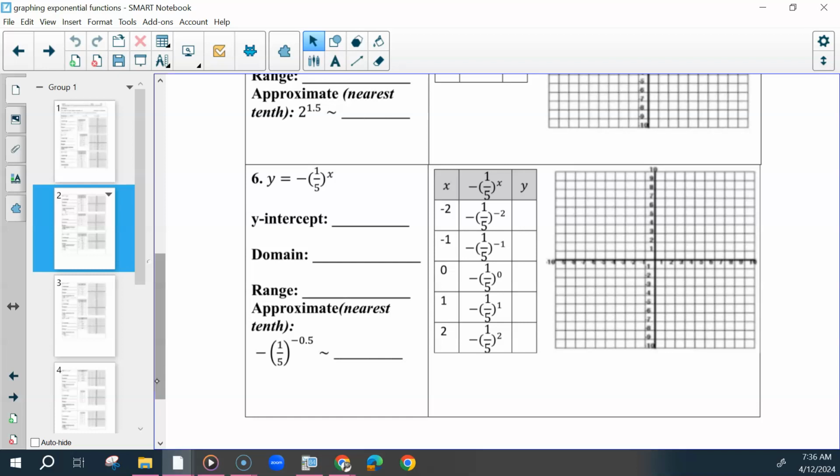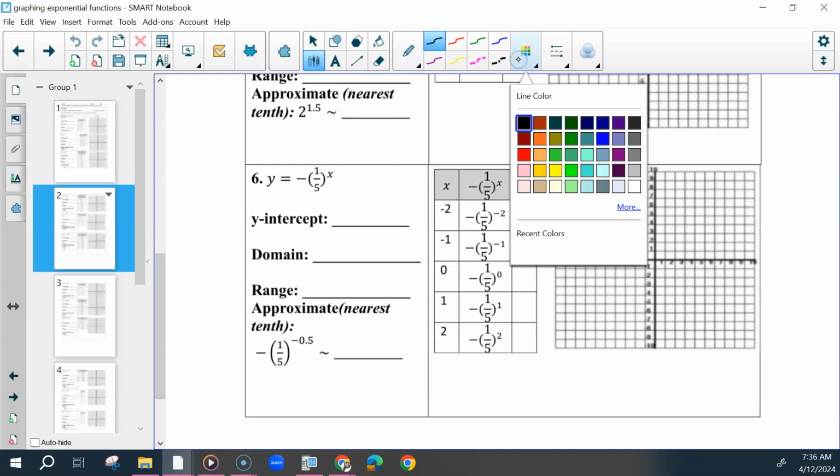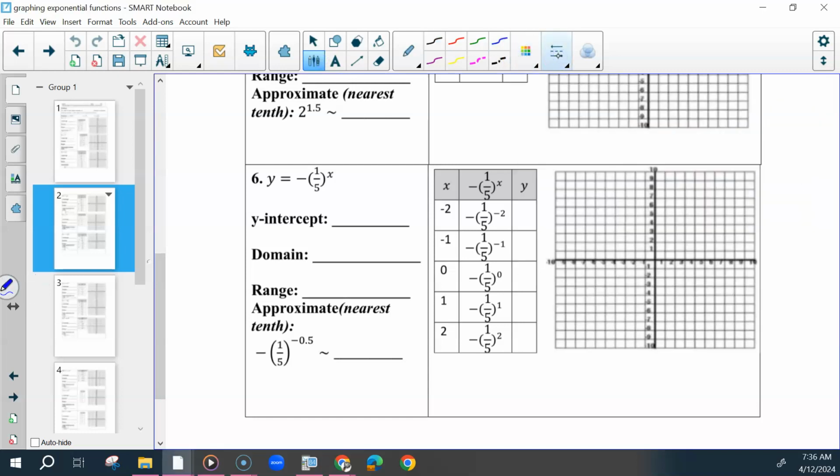The same things we were doing yesterday. So now we have a negative on the outside, and that's going to affect how we graph this, but let's still do the same thing we were doing. So we'll do the 1/5 to the negative second first, and then we'll make it negative. So 1/5 to the negative second would be what? It's going to be 25, and then the negative would make it negative. So negative 25,